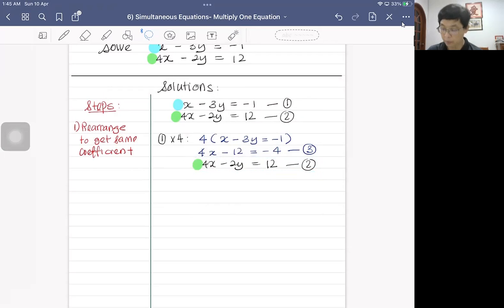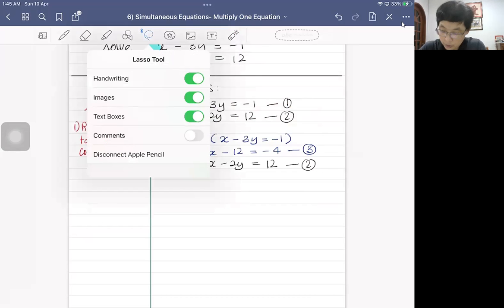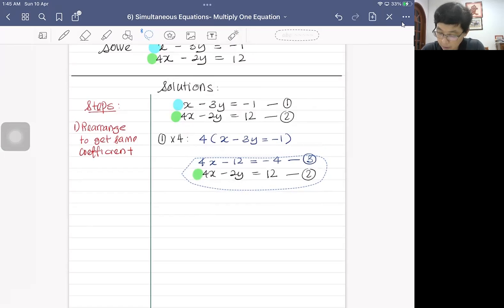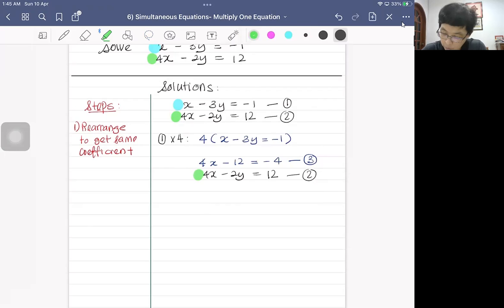So notice that equation 2 and equation 3 actually share the same coefficient. Notice that? And then, what I'm going to do is I'm going to paint it with 4. All right, so now both of them share the same coefficient. Okay, so now you may proceed to number 2, get ready to elimination. All right, so as what we have mentioned, when both of them are same sign, we want to eliminate by